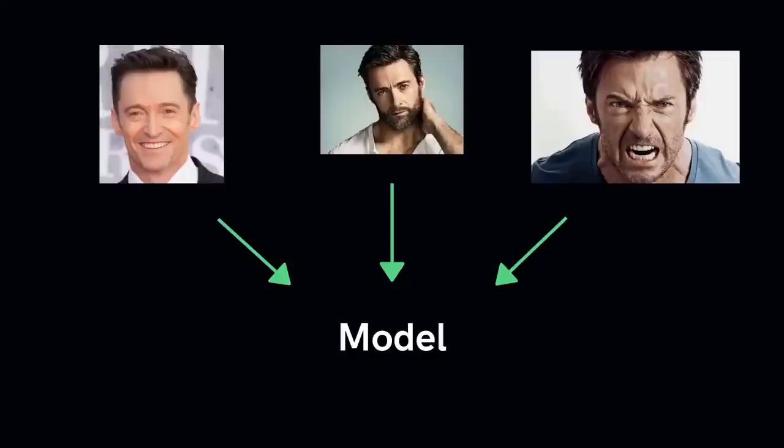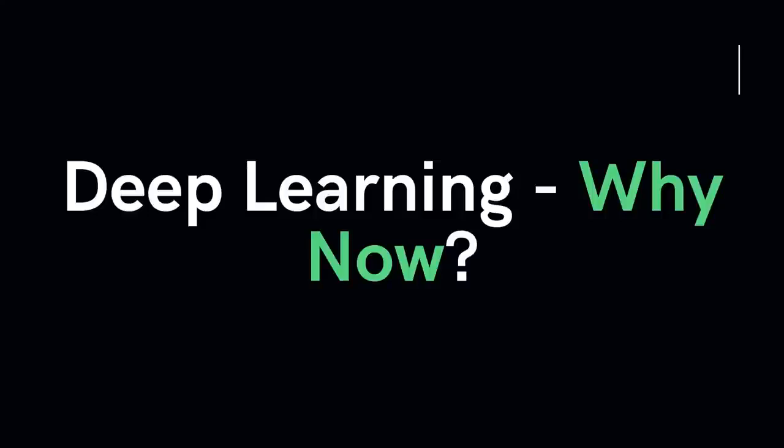So I can feed a bunch of images of faces to my deep learning algorithm, and it's going to develop some kind of hierarchical representation of detecting lines and edges, and then using these lines and edges to detect eyes and a mouth, and composing it together to ultimately detect a face. As it turns out, the underlying algorithms for training these models have existed for quite a long time. So why has deep learning gained popularity many decades later?